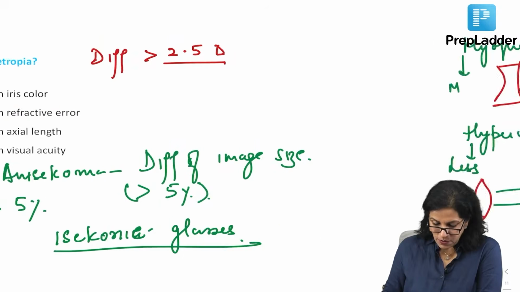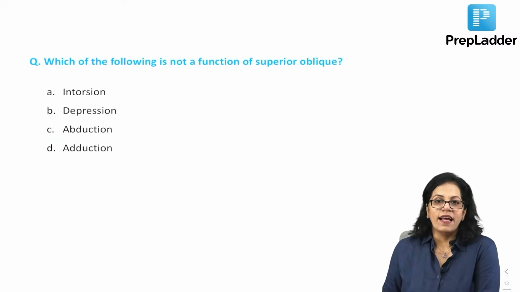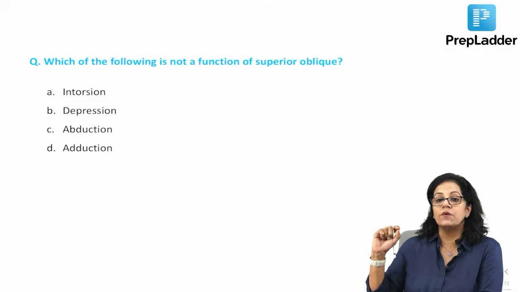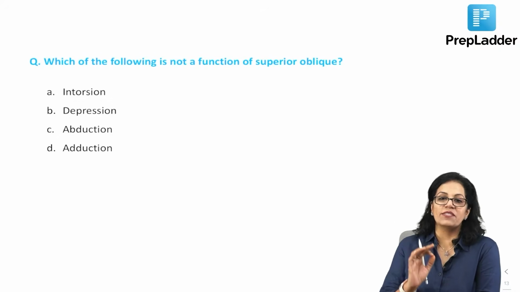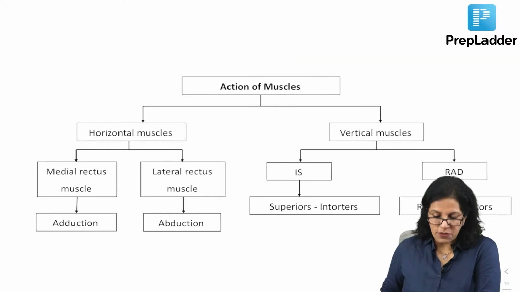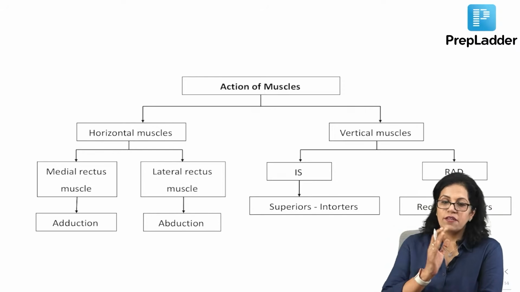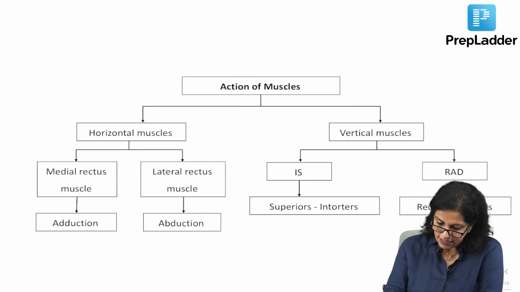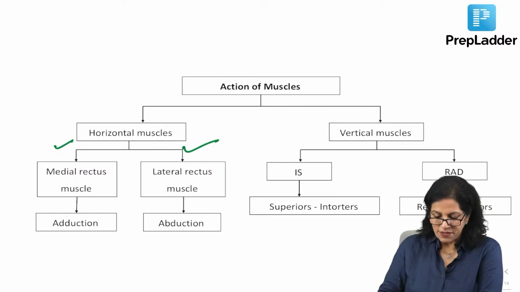Okay, so this was the next question. We have done this, we come to the next one. Again, this has been your NEET question, that means you should know the action of all the muscles very nicely. They can ask you something else as well. How have we learned the action of muscles? Let's first come to this, then we will go back to the question. I have taught you to divide it into horizontal and vertical. When you say horizontal muscles, it's very simple: medial rectus, lateral rectus; medial rectus adduction, lateral rectus abduction, right?